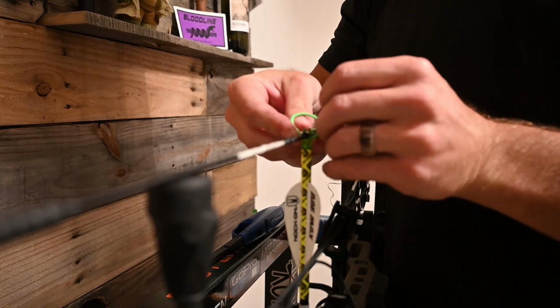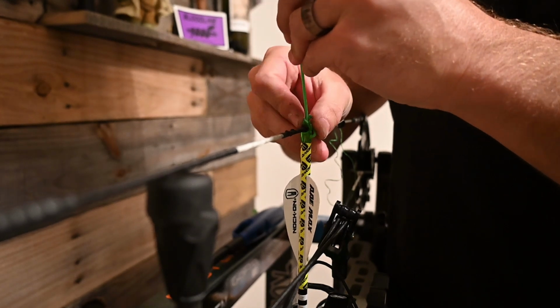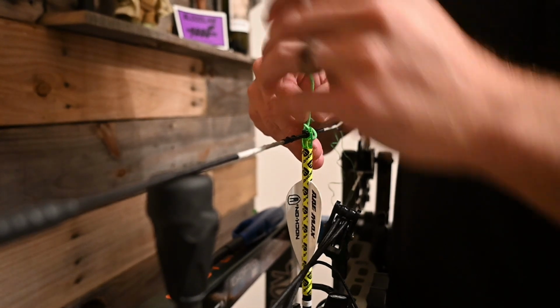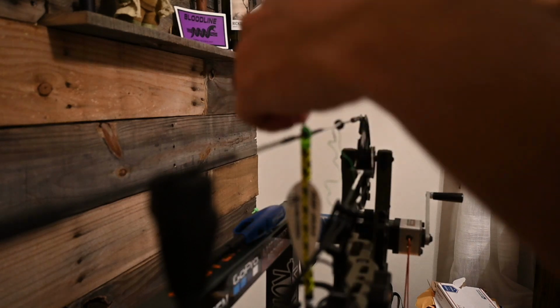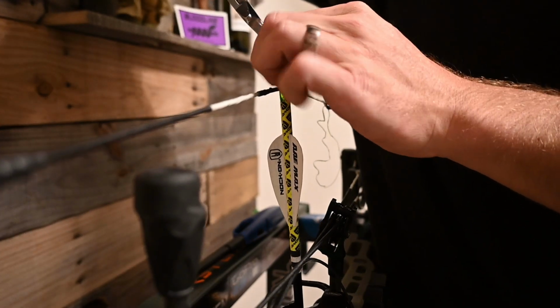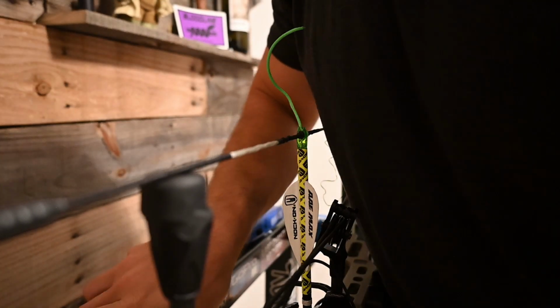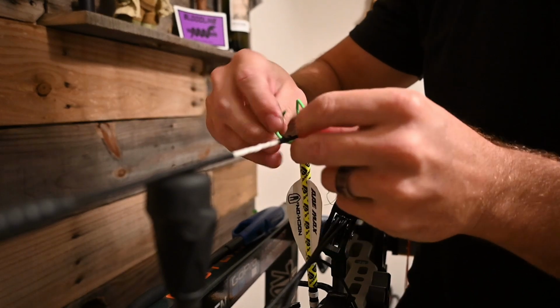So I will add those twists before I tie my D-loop, because I want that peep to be in the right position when I tie my D-loop. That way, when I pull back on my D-loop, I don't need to twist that string or that peep at all. I've seen a lot of people at the range and elsewhere where their peep is turned,